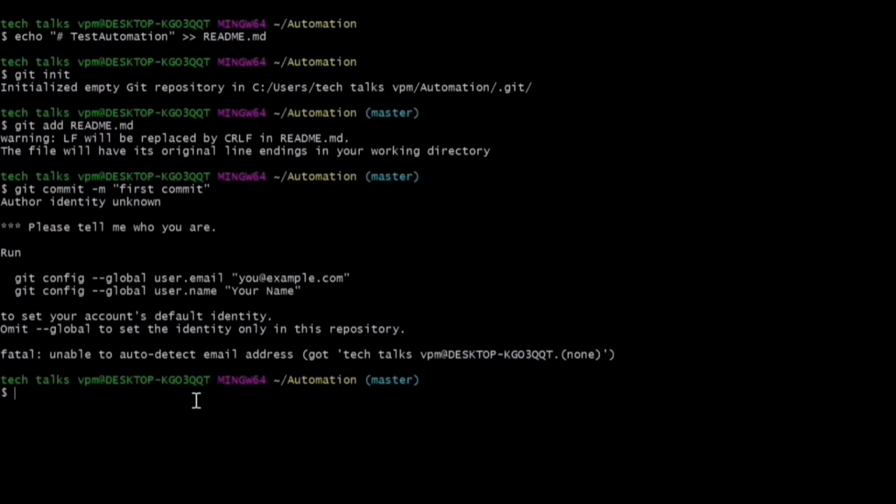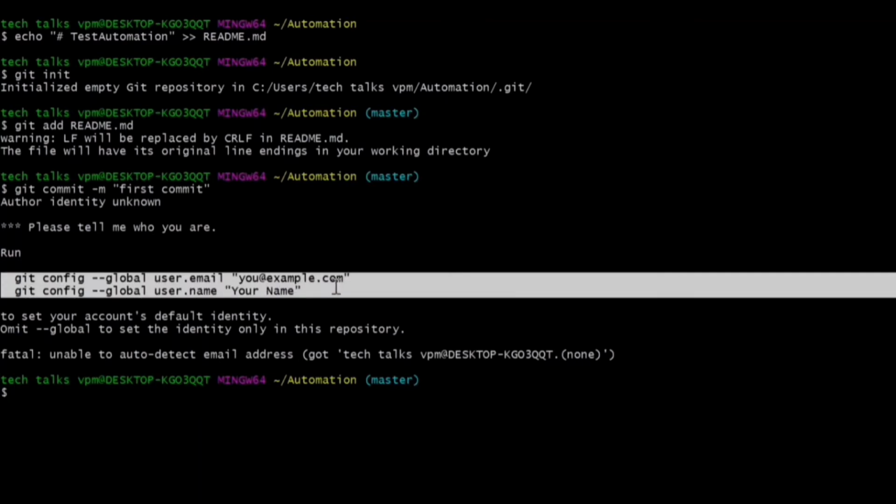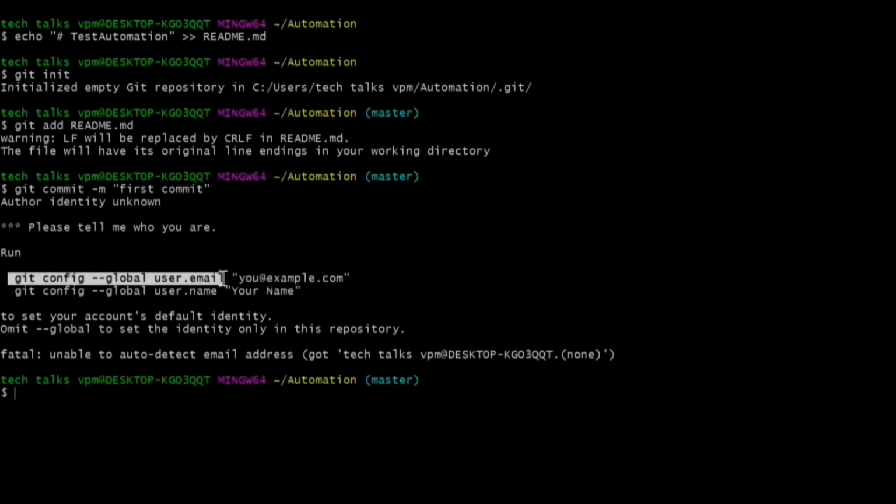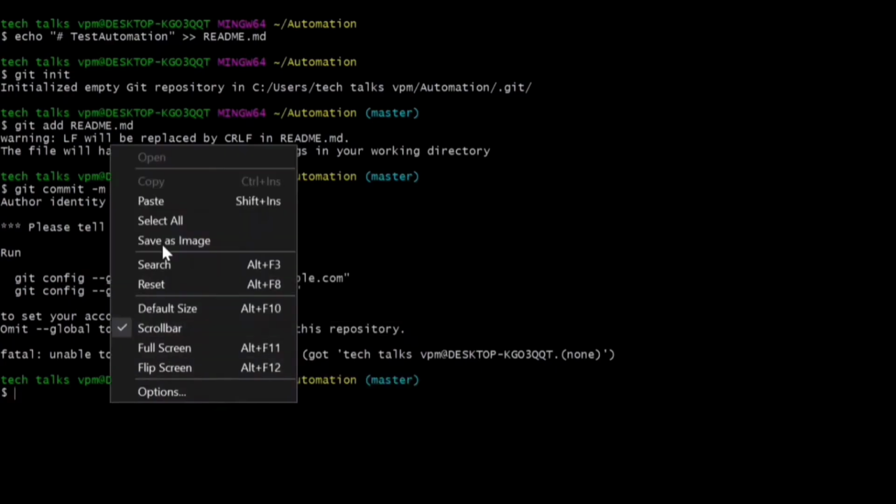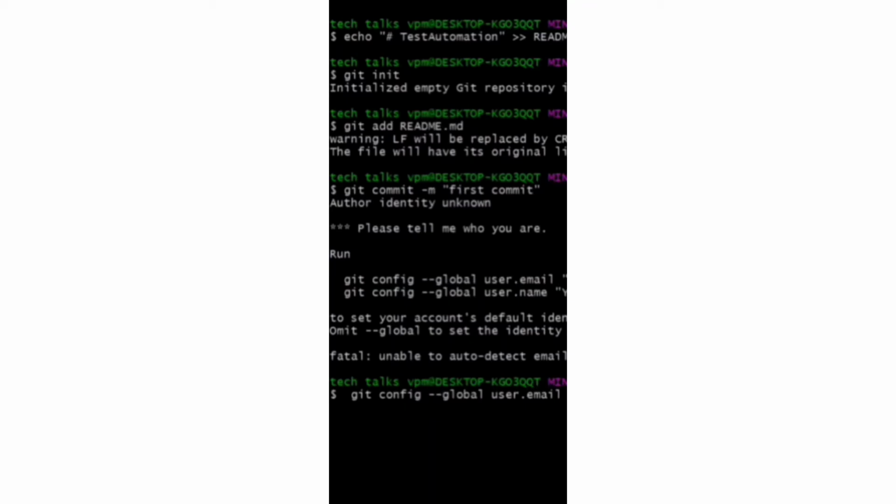Because here we are using the git command and accessing our GitHub repository for the first time, you need to set your username and user email, and this is only for the first time. From the next time onwards it won't ask you, and you can just commit without setting these variables. We can set user.email by using this line. Just copy that particular line, git config --global user.email, and inside the quotes you can give your email ID. Click enter, and in the next line you can similarly set your name, that is git config --global user.name and your name.